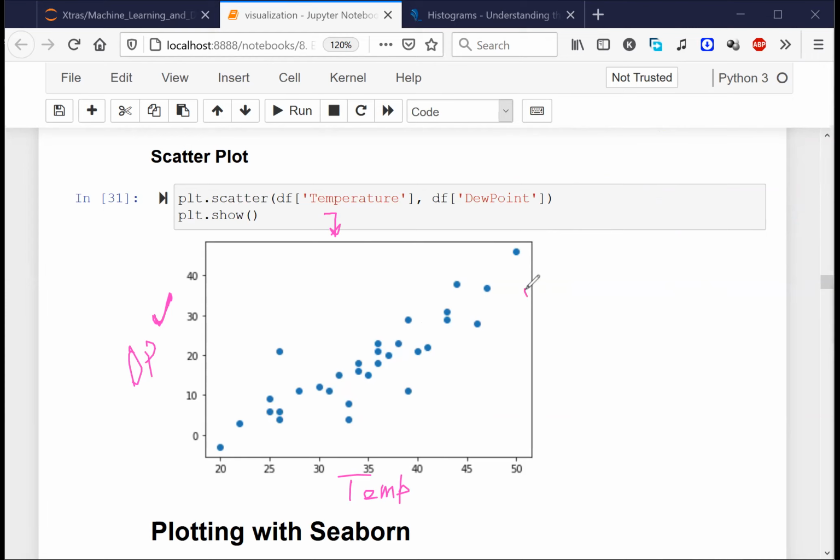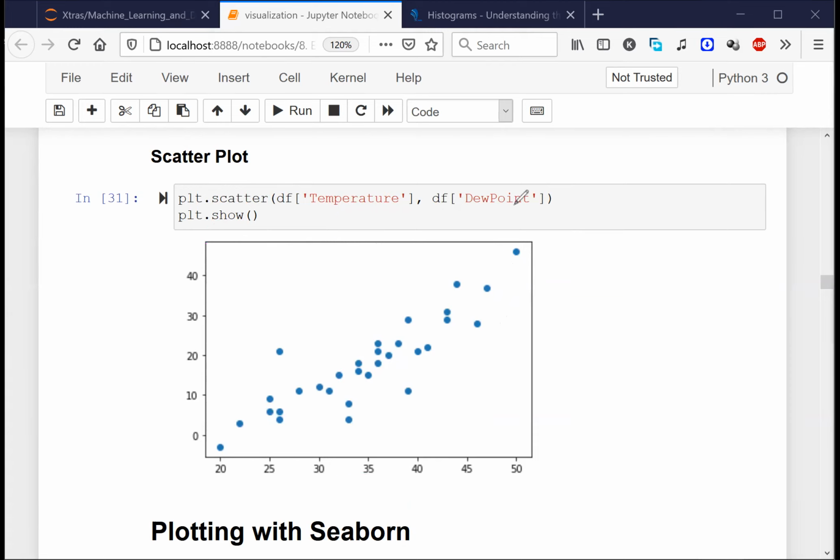So let's try to look at this. Let's say there is a data point which is somewhere here. Can I say that this point is an outlier compared to all the data that you have in this scatter plot? Yes, right? Any extremely large or low value can be called an outlier. This is a very different value from all the data that you have. All the data points are somewhere here, but there is a single data point which is over here. So it can also be called an outlier.